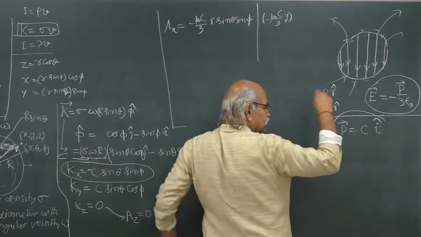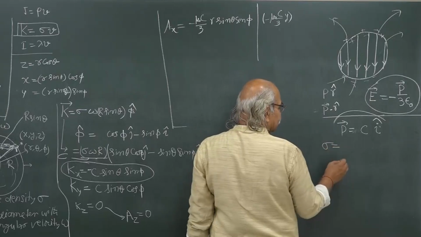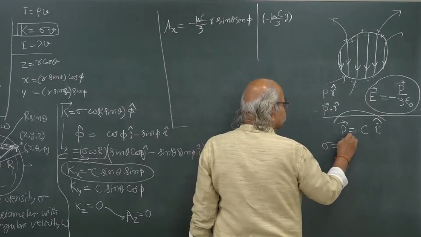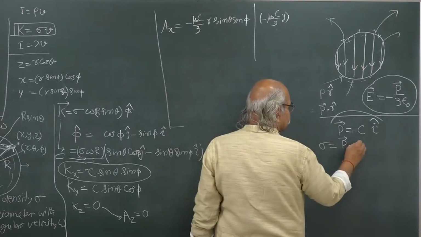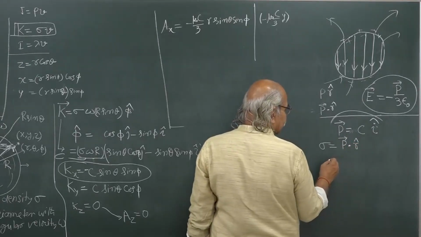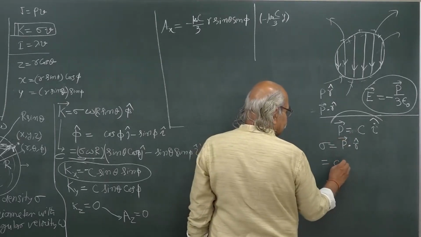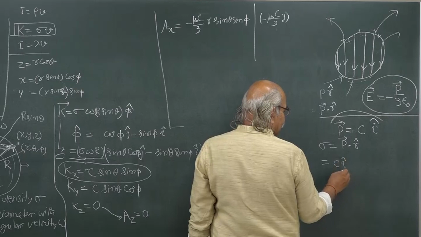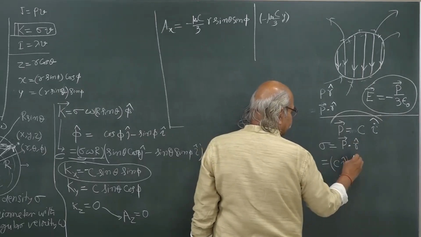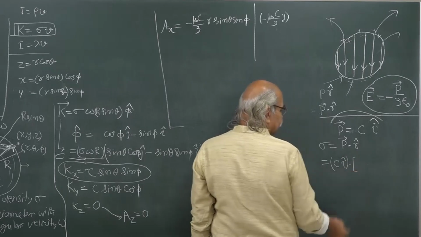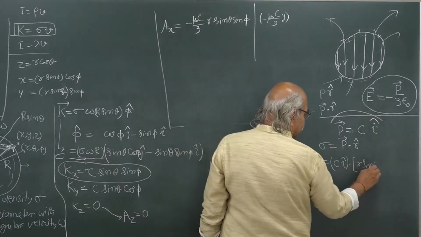Then the surface charge density that will appear on the surface is given by P dot r cap, and once again this P is c i cap, dotted with the r cap vector, which will be r sin theta cos phi,